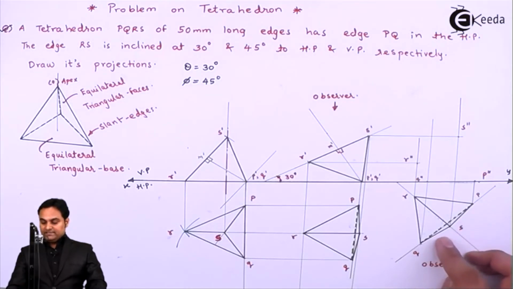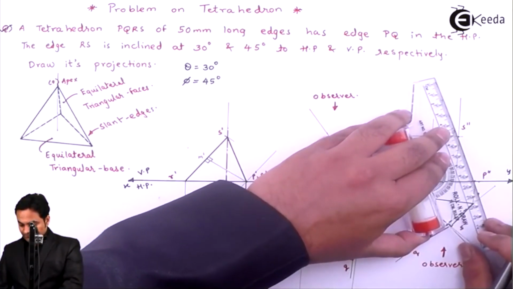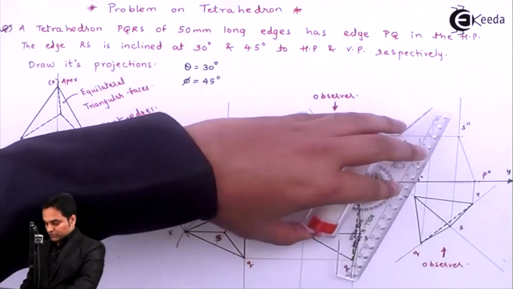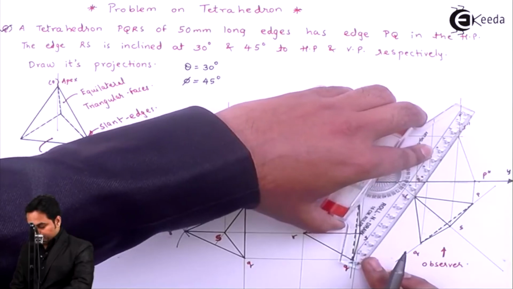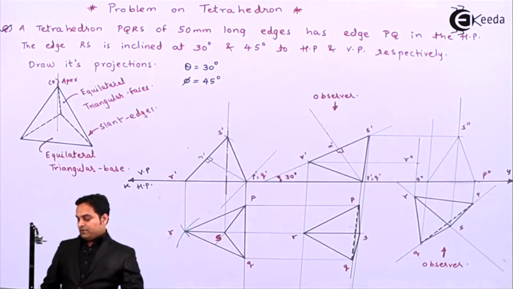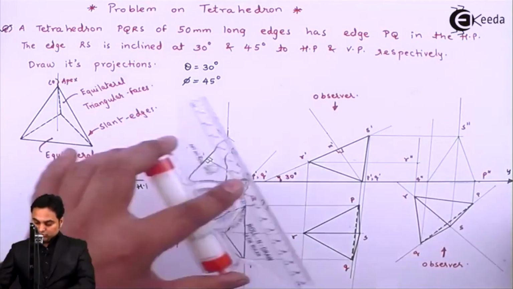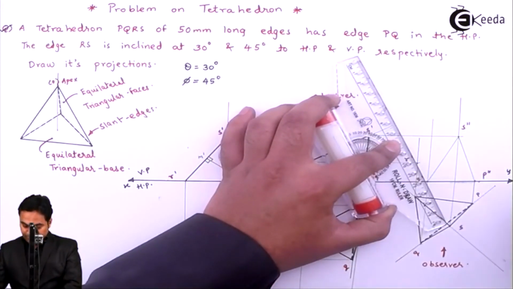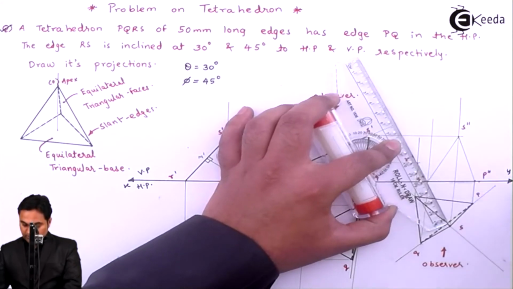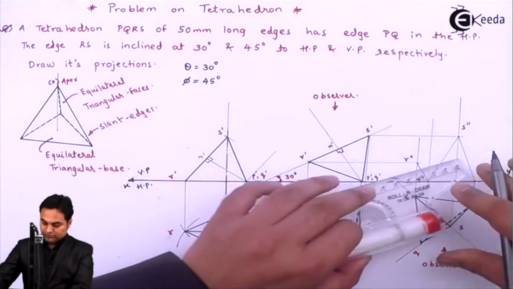Points P, S and Q are visible, so they will be drawn first with the help of light line, connecting P double dash, S double dash, and then S with Q. Visible. Next, when we are looking as an observer here, even the length QR is visible. So Q to R will be a dark line. Next, R and S will be connected. It is also visible.